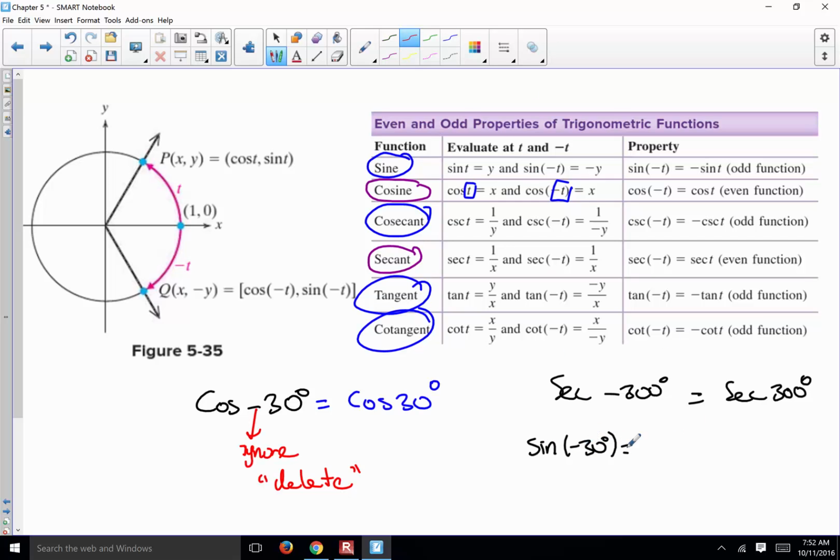However, good news, you still can do something about it. You can bring that negative out and compute the positive angle, that is 1 over 2, and bring this minus in, negative 1 over 2. Again, no wiping off,